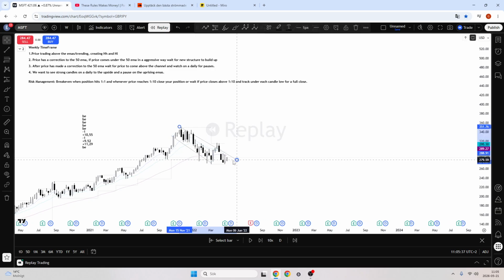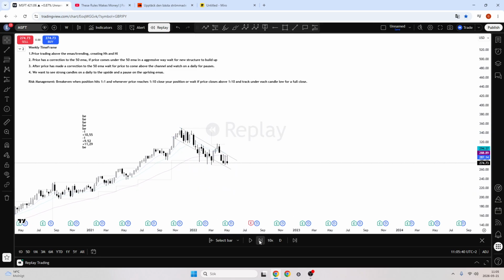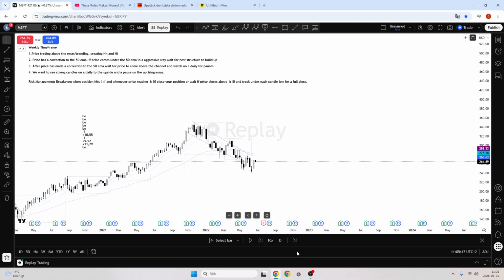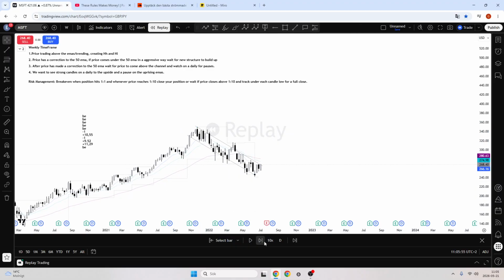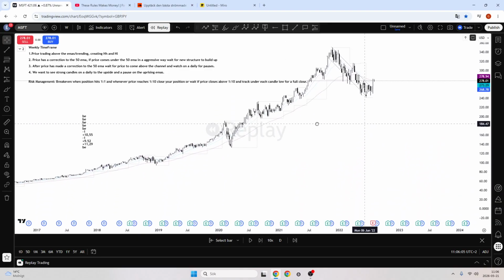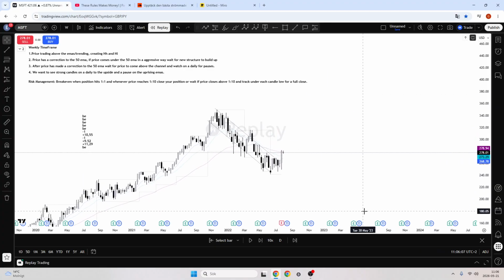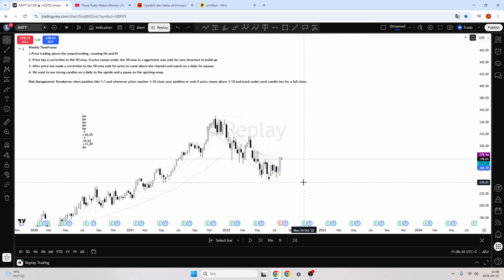So I kind of see this channel right here. Still looks fine, I think. The selling is not good. The selling is super weak, which means that it's probably strong buyers inside of this area right here. That's what I'm assuming. But because we have reached this far below, I'm not really interested, to be honest. But on the other hand, my intuition says that it looks good, and in this case,